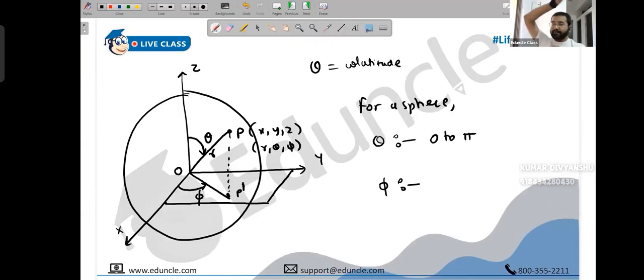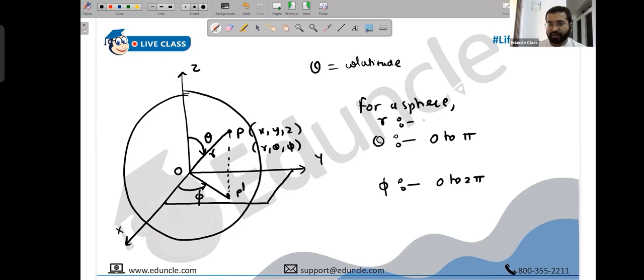So what did you do? You rotated it horizontally, and the horizontal angle is which angle, people? Phi, azimuthal. So if you rotate it by 360 degrees, by 2 pi, you get a sphere. That's how you form a sphere. Theta goes from 0 to pi, just 180 degrees. You rotated the chalk by only 180 degrees, but the disc you have now got, you rotate the whole disc by 360 degrees and you get a whole sphere. So theta goes from 0 to pi, and phi goes from 0 to 2 pi.